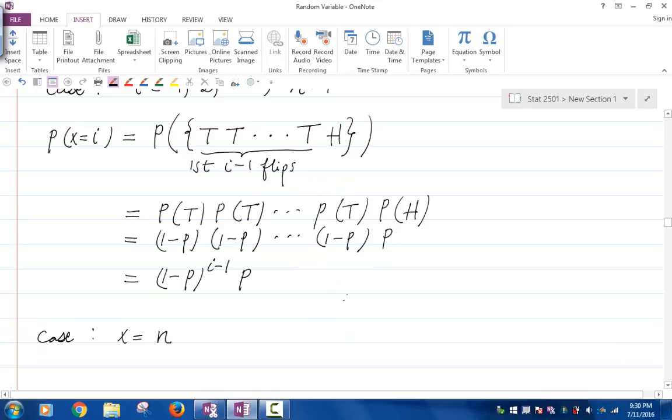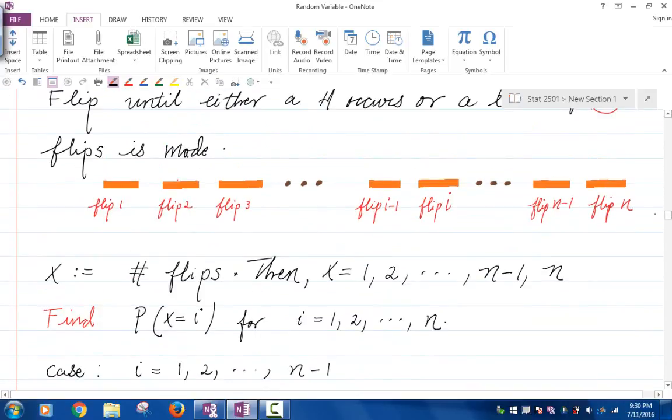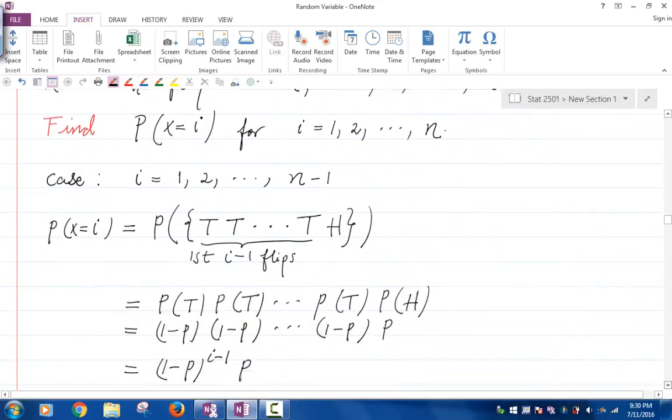Let me make some room right here. Okay, so now we look at the other case when x is n. Now in the case x is n, what can happen? Well, in the case x is n, it means that the first n minus 1 flips result in tail, and well, there are two possibilities for the nth flip. You can get a head or a tail. So when x is n,